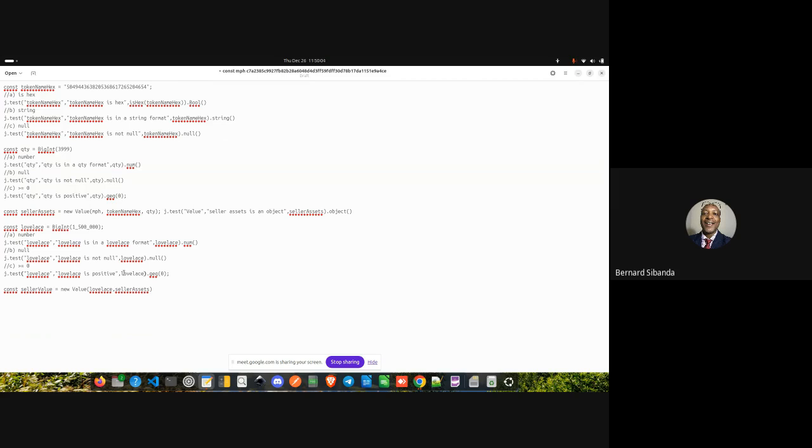Also, but here under Lovelace, can we have negative Lovelace? No. Must be positive. Can be 0, can be positive. So that one. Sir, I have a question for the greater or equal to, you could change the zero to one, the one we have in the big int. We use zero because it was just testing if it's positive. But since we have a big int, do we change it to what we have there?